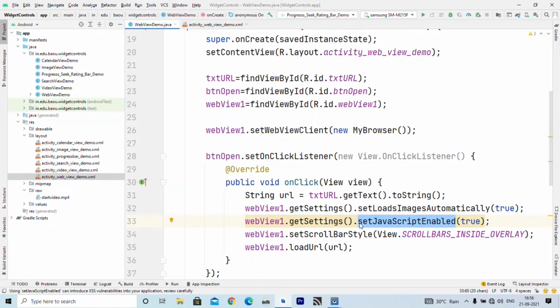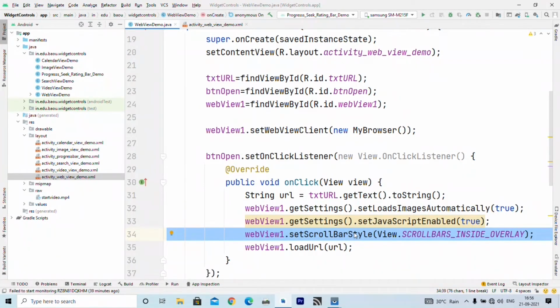So for that we need to write this code, and the third line specifies that if the page size is large, we can have scroll bars inside our WebView.